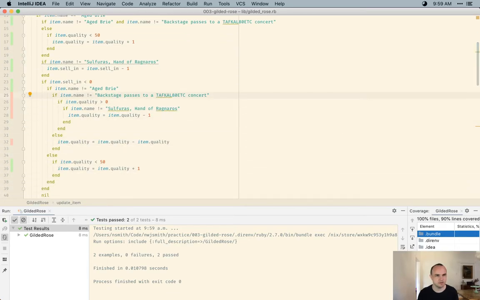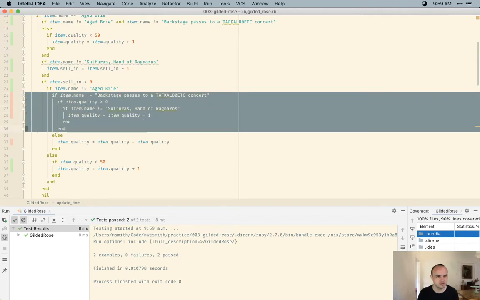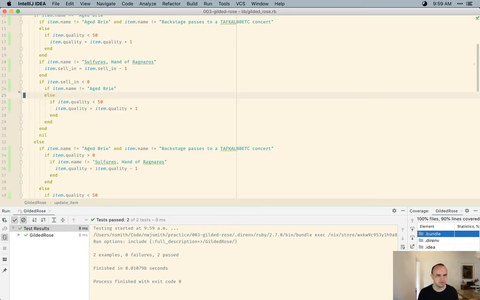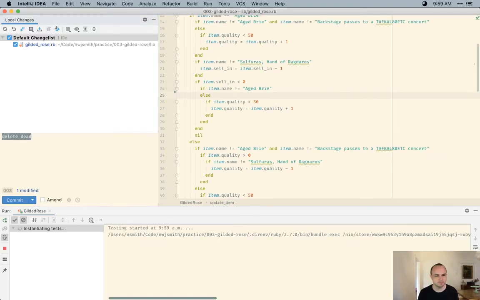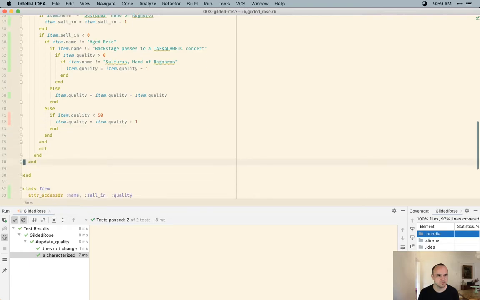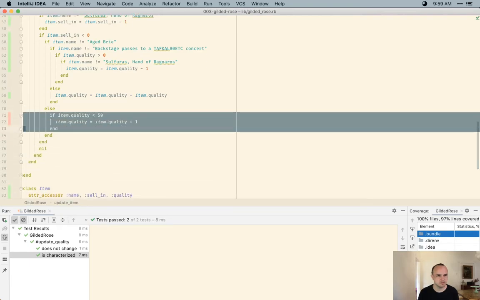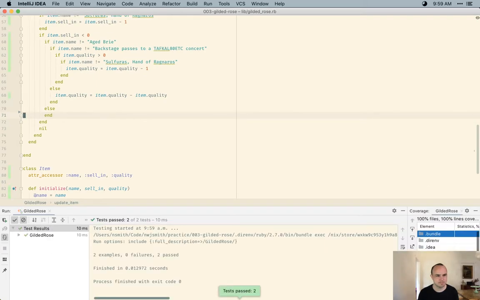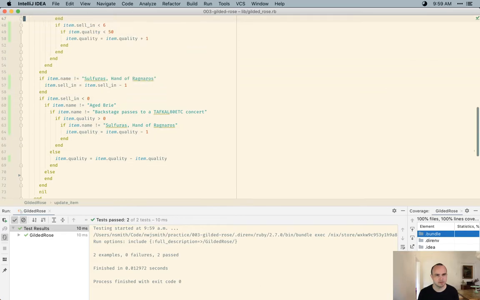And we can delete this statement here, because it's all red. And if there's any other red, okay, so we can delete this. All right, so